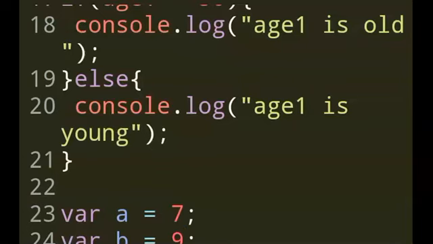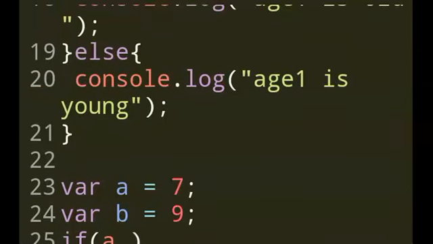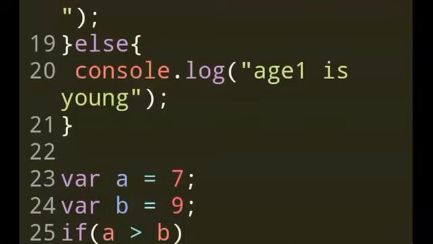So if a is greater than b, this is a condition, right?